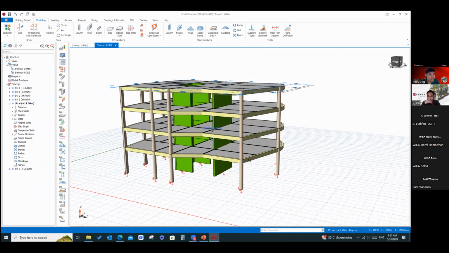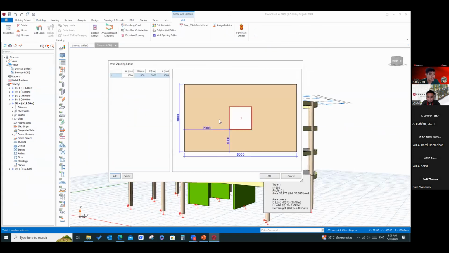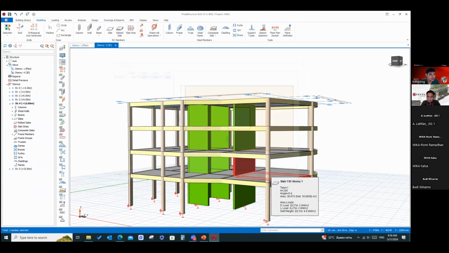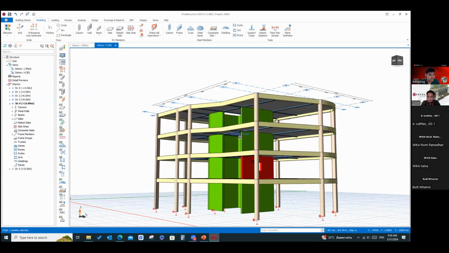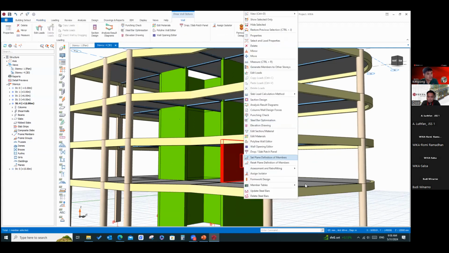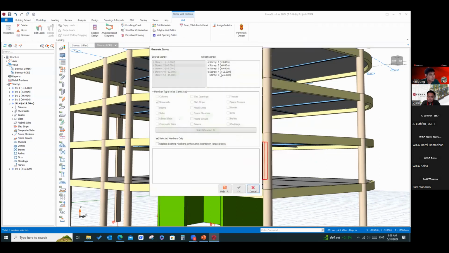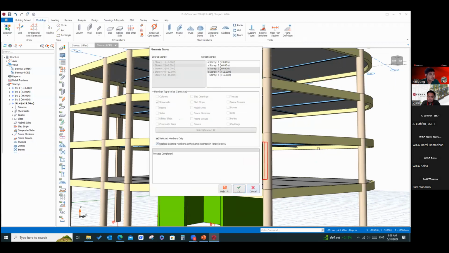Okay, you can change it whatever you want. You can add the wall pinning on the shear wall, something like this. The graphic in 3D is also like this. Or you can replace above, like this. Done.